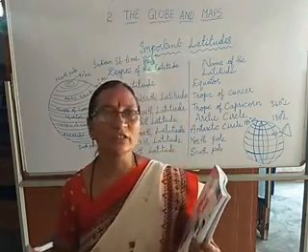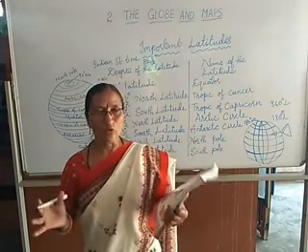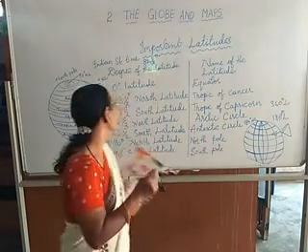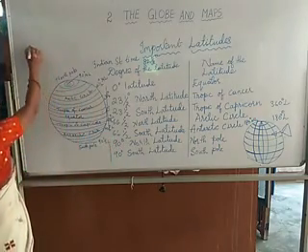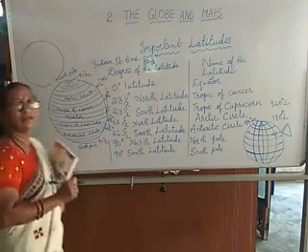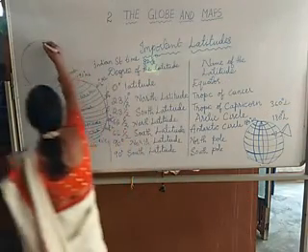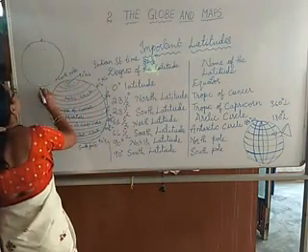So this earth, the globe, has two poles. See, here it is a round shape. The globe has a north pole and a south pole. It has two ends, north pole and south pole. So the top of the globe,